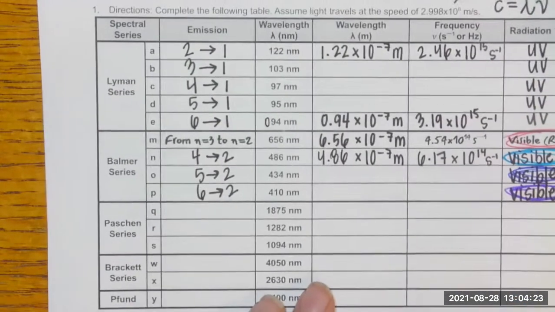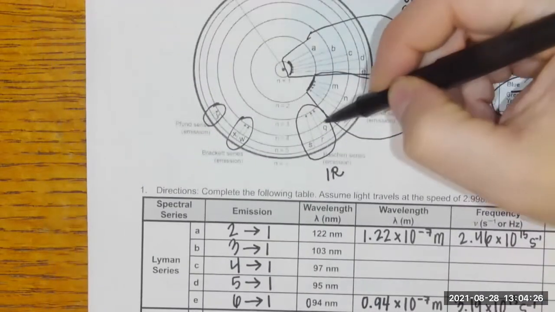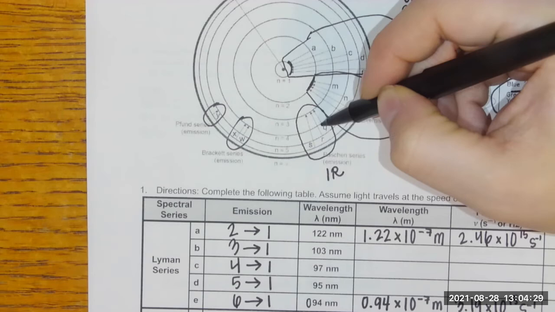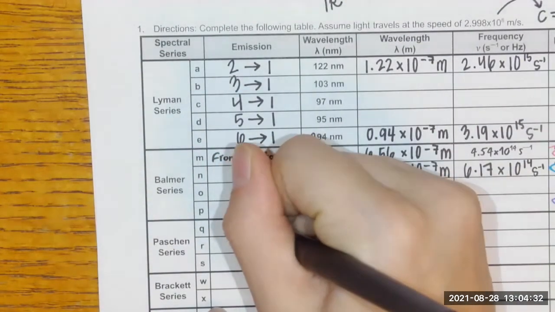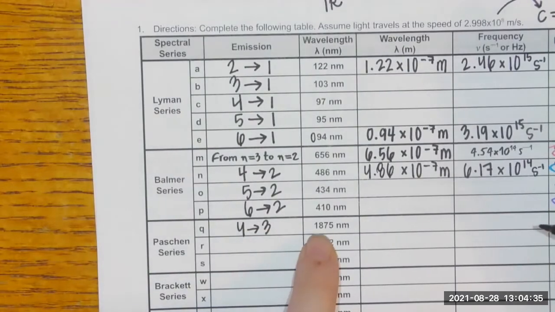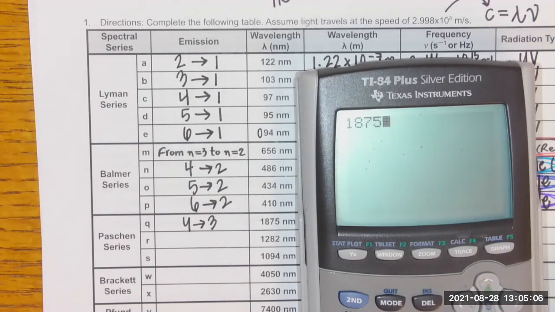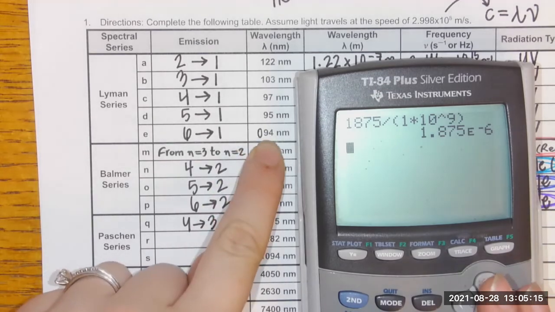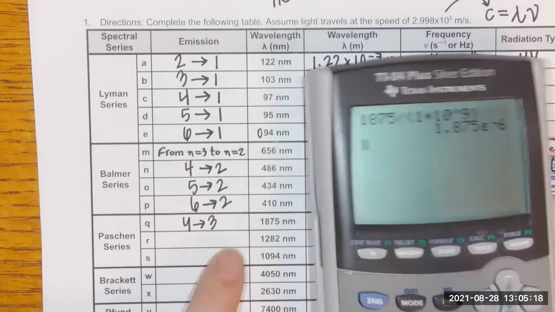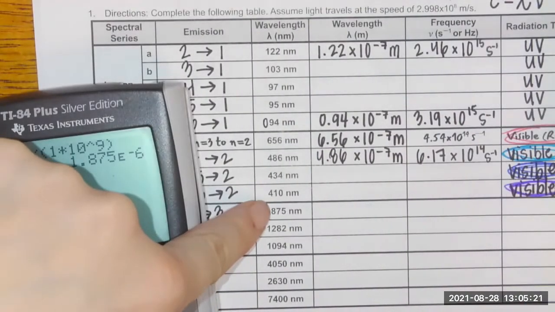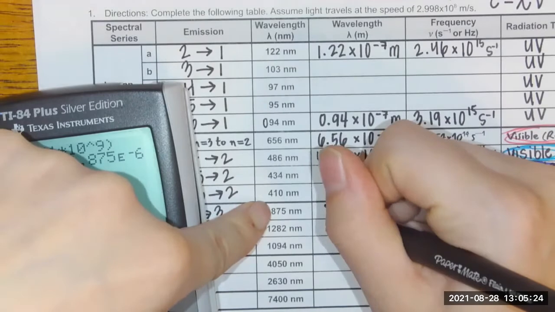So for Paschen, line Q is from 4 to 3. 1875 nanometers. Again, you can do it the long way. You can say 1875 divided by 1 times 10 to the 9th. You can do that. That works. Or similarly to how I added a 0 to make it a 3-digit number, in my mind, I'm playing pretend that this only has 3 digits. And if it was 875, then it would be